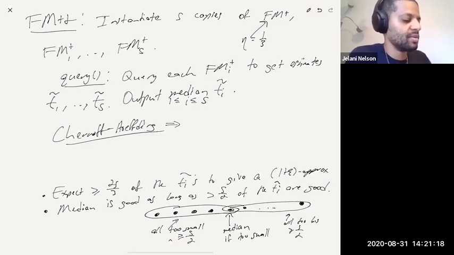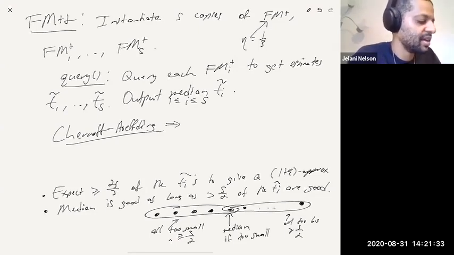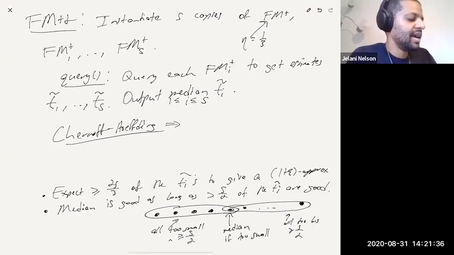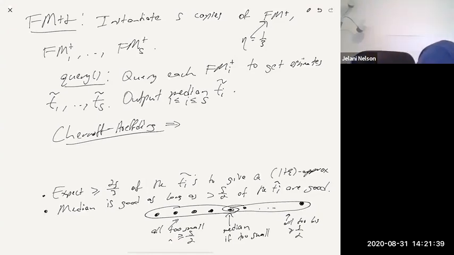It's an additive S over 6 more than what we expected, or a constant factor more than we expected. We expected S over 3, we got S over 2, so it's kind of 60-something percent more than what we expected. And the Chernoff-Hoeffding bound implies that the probability of that happening is at most something exponentially small in S. So as long as we choose S to be some constant times log of 1 over delta,